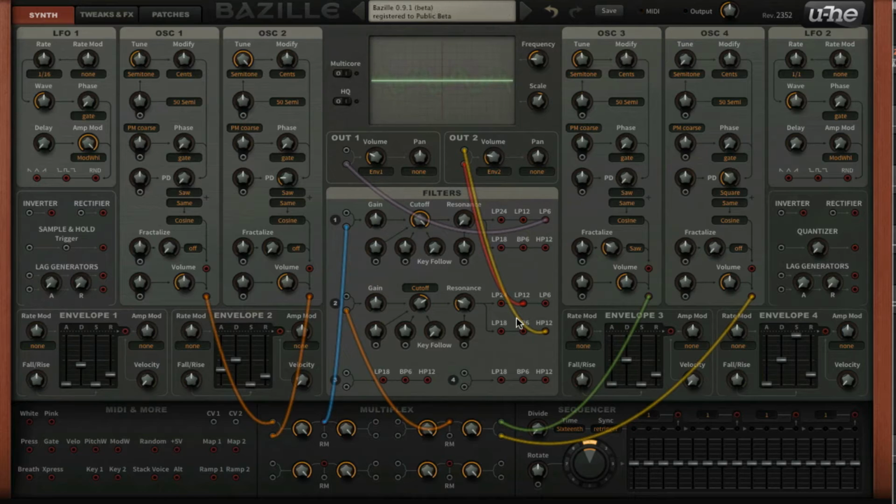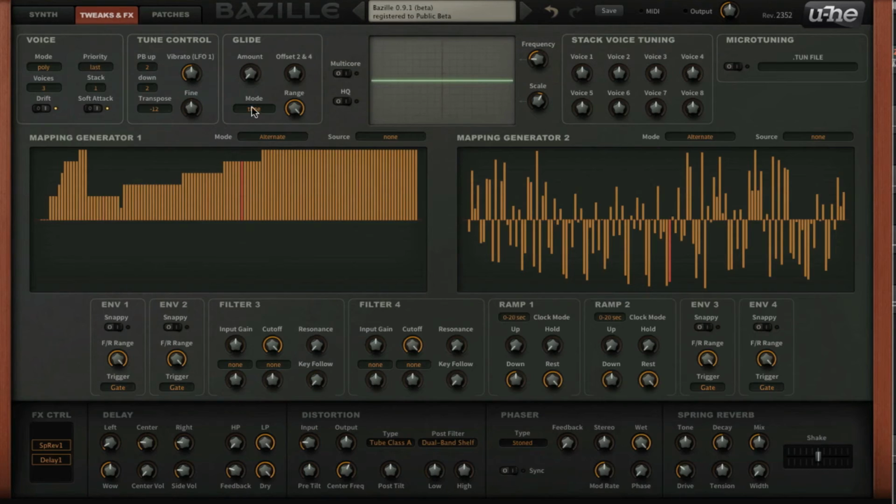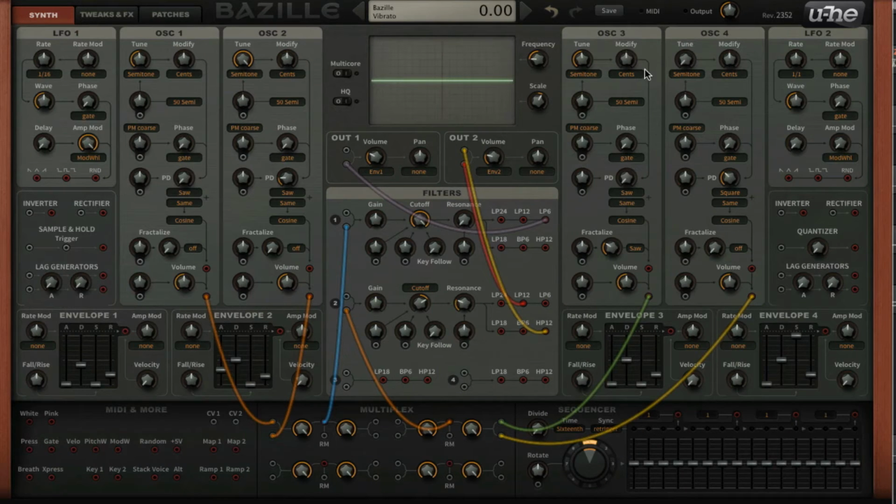Okay, that's starting to sound alright. And then I want to use LFO2 as sort of a vibrato amount. So what I'm gonna do first is I'm gonna go to the effects page, and I disable this assignment here where it says LFO1, I'm gonna set this amount all the way down, and then I'm gonna choose this one, and I want to use the triangle wave, so I click this one and I'll send it